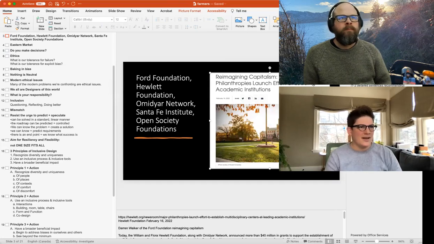So there's the automatic generated building a clock tower, has nothing to do with it. It's an article from the Hewlett website entitled Reimagining Capitalism, Major